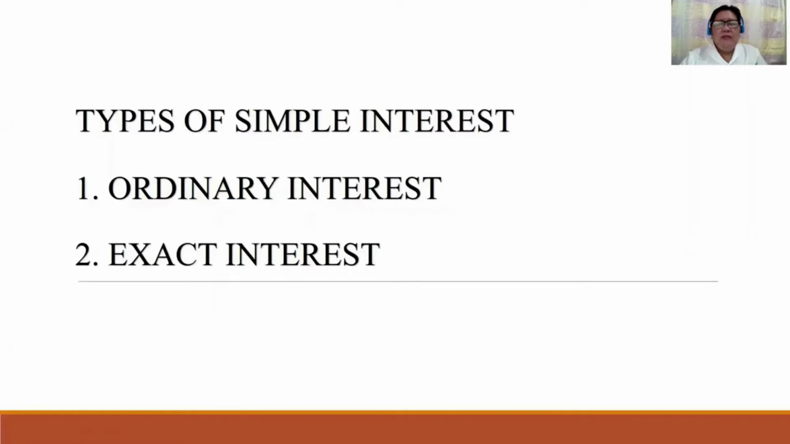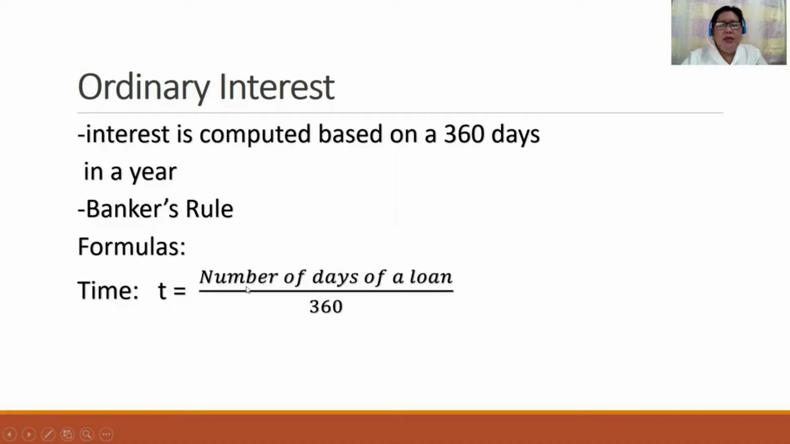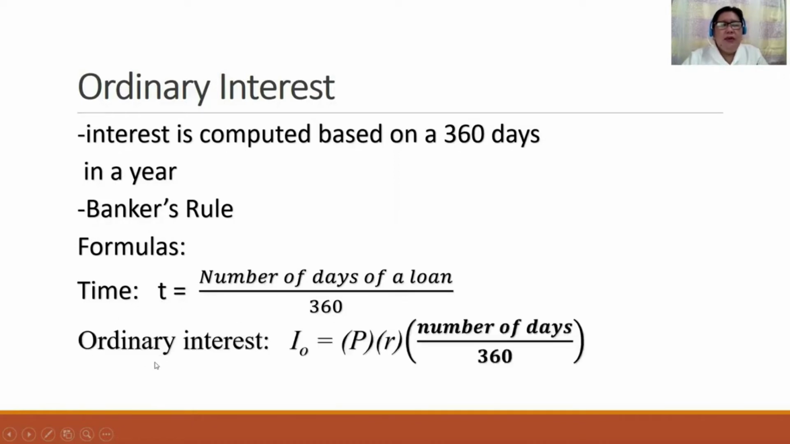There are two types of simple interest. First one is the ordinary interest, and the second is the exact interest. Ordinary interest is computed based on 360 days in a year, and it is called the Banker's Rule. And the formulas: for time, we have T is equal to the number of days of a loan over 360. And for the ordinary interest, that is I sub O for ordinary, is equal to P times R times number